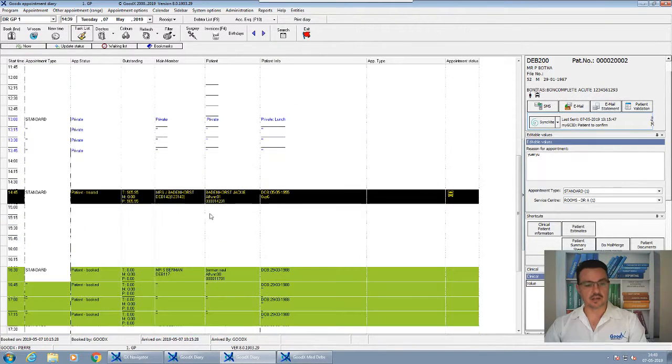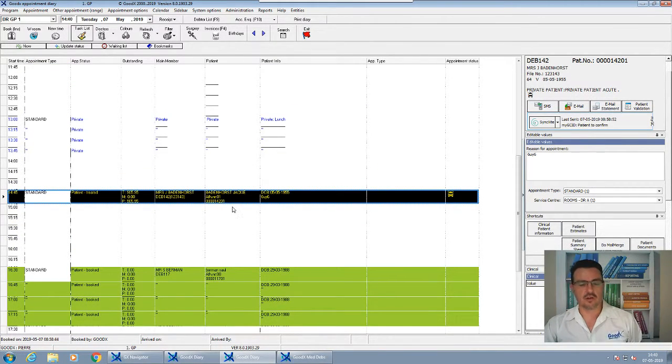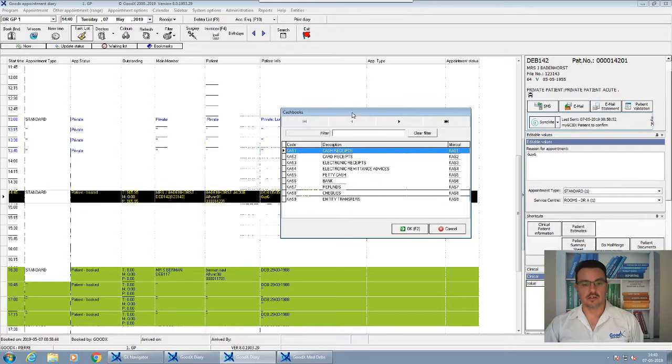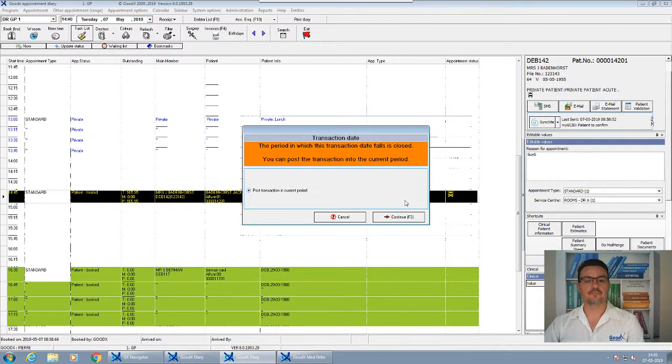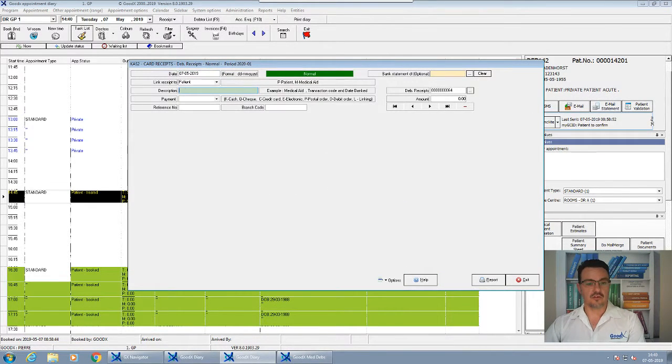If there's a patient outstanding amount, and if the patient was billed while the patient was there by a doctor or nurse, I should be able to just quickly go into receipts and capture this. Again, this one is very simple. Deb 142, 905.5. I say patient receipt. It's going to pay card. So I'm going to say okay, and I'm just going to fill in all my details. He pays by card,